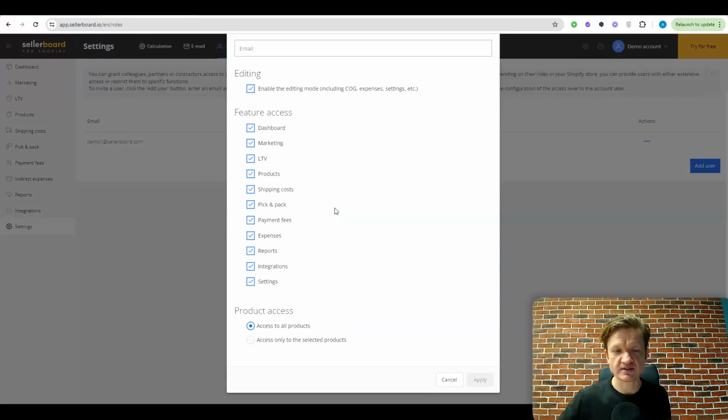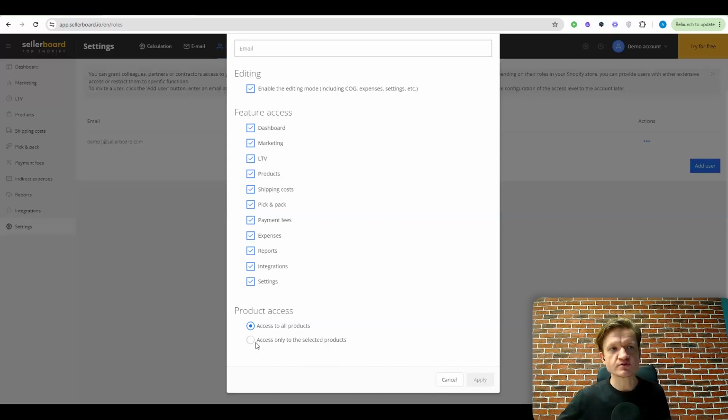So grant access to specific portions of the software. So maybe you will have someone just taking care of the products, or maybe taking care of your marketing efforts, and then you can specify that here.